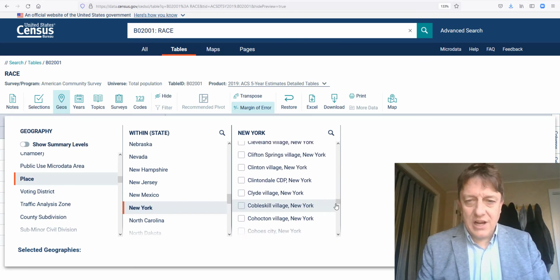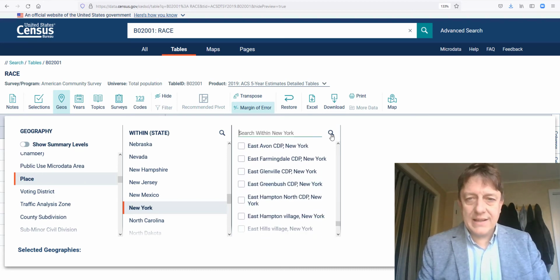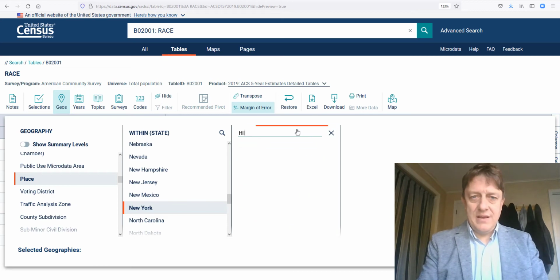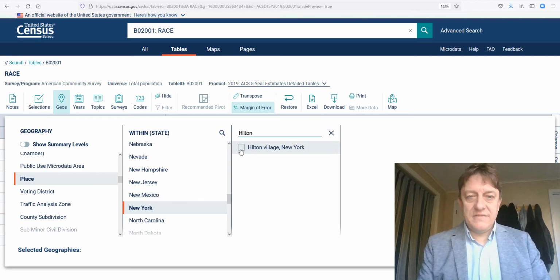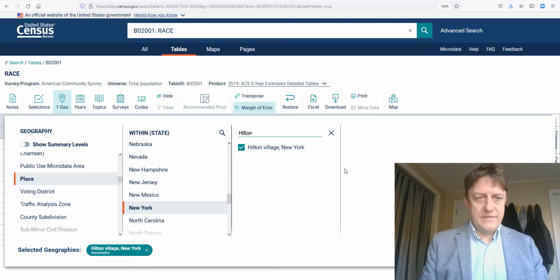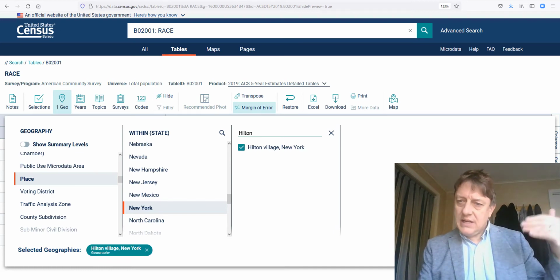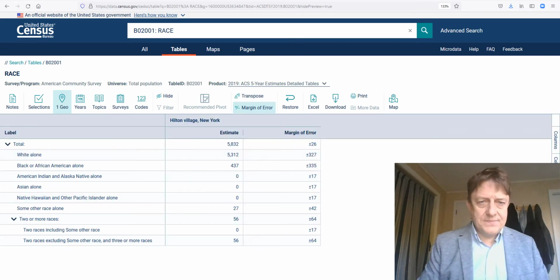Cazenovia, of Cazenovia College, and I could just keep scrolling, or I could click here and I could just type in Hilton. Hilton Village, which is in Parma Town, which is in Monroe County, which is in the state of New York. And now I've selected it, and then I'm going to hit close and look at what happens. Okay,